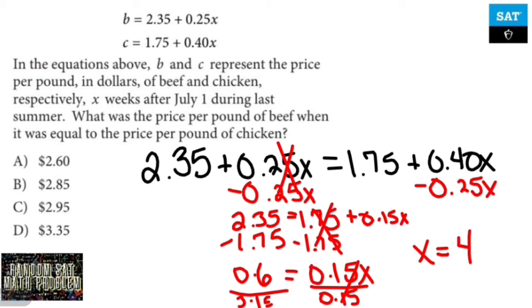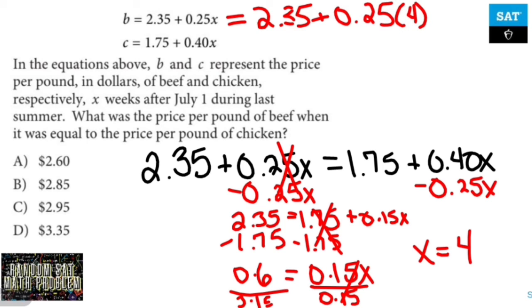Is it asking us for how many weeks it took? No, it's asking for the price per pound of beef when it was equal. So I need to find out what B is after that 4th week. So I'm going to rewrite this guy and plug in 4. So 2.35 plus 0.25 times 4. I know that 0.25 times 4 is 1 because of 4 quarters in a dollar, and that equals 3.35, which means it cost